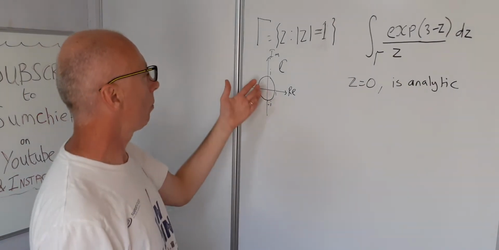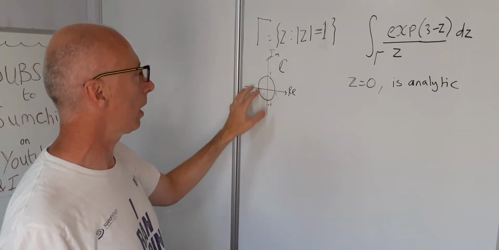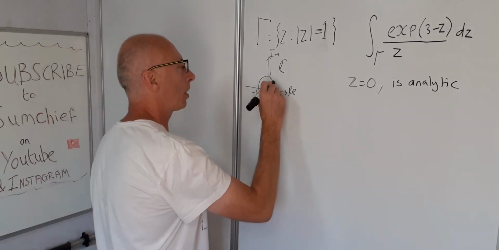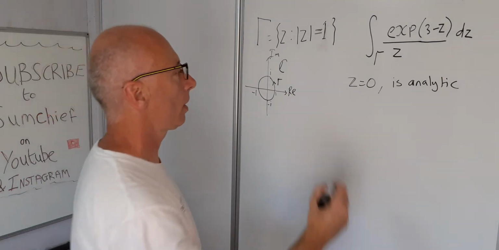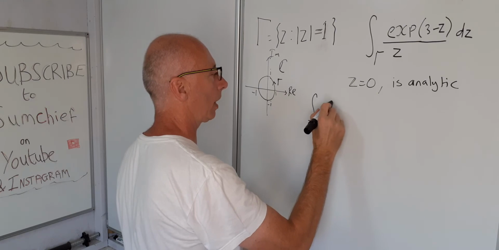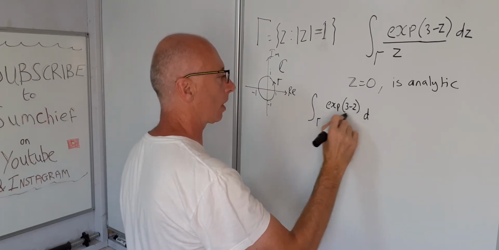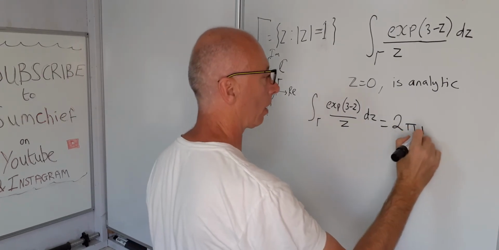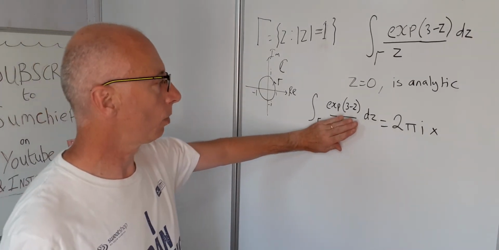We've already looked at the rules for this. The complex plane is a simply connected region, and we've got a closed contour here, gamma. So we just put gamma in here like this. All we have to do now is say the integral on gamma of exponential of 3 minus z dz over z equals 2 pi i times,